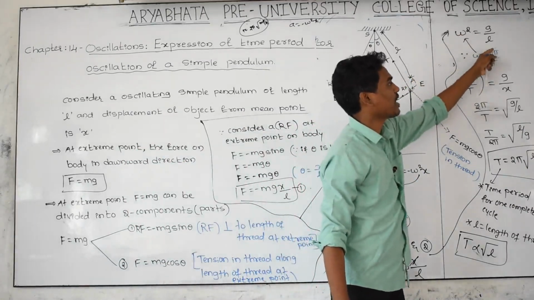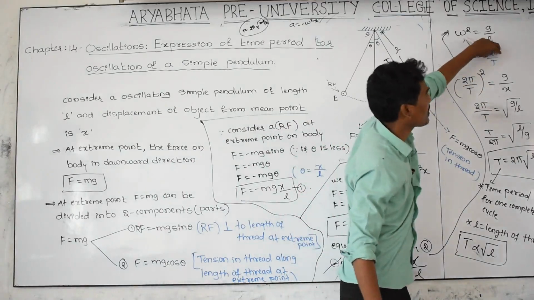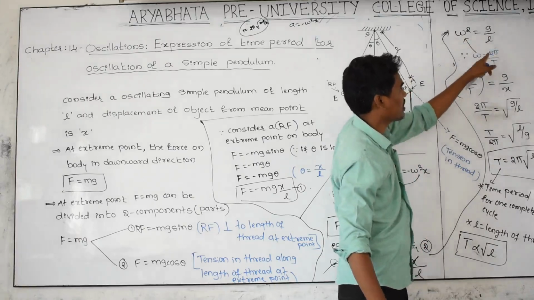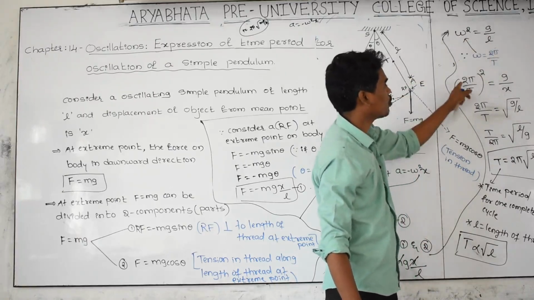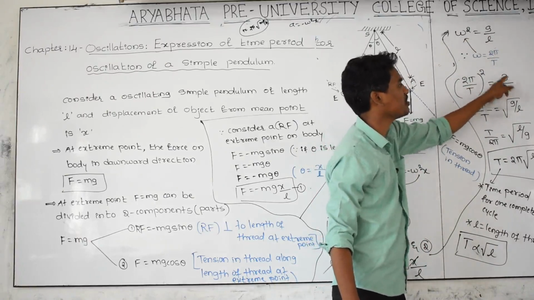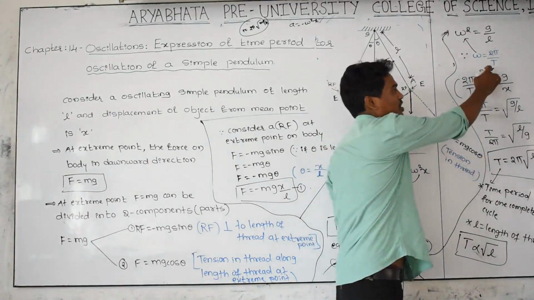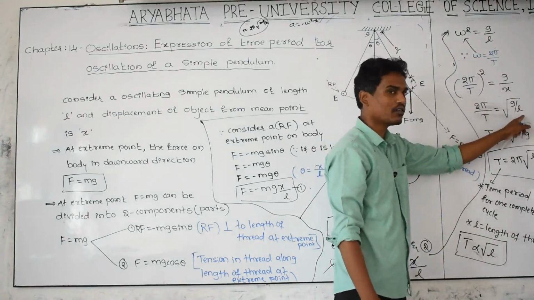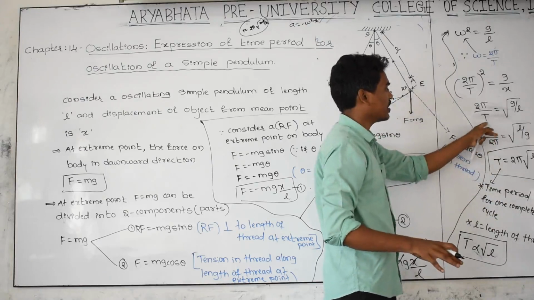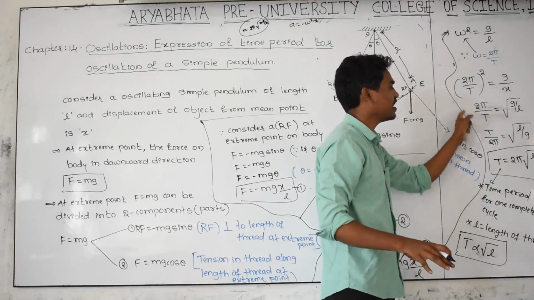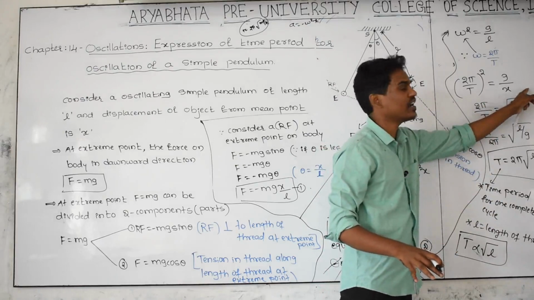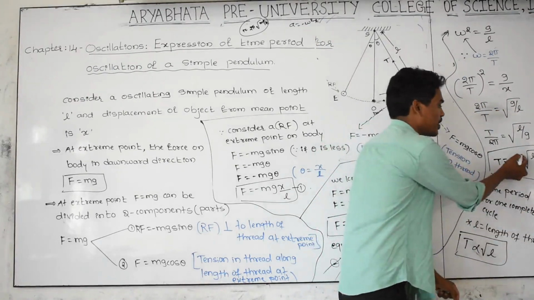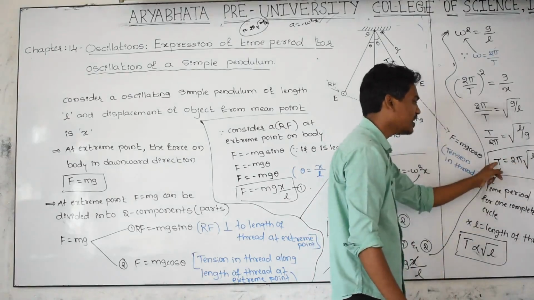And I have discussed angular frequency, how to find the number of cycles by time. For 1 cycle the angle is 2 pi divided by time, that is angular frequency. Substitute here 2 pi by T as it is, square as it is, g by L as it is, and remove the square and make it root. Then 2 pi by T is equal to root of g by L, and inverting the function, T comes in numerator, 2 pi in denominator, same L on numerator, g on denominator, and T equal to 2 pi root of L by g.